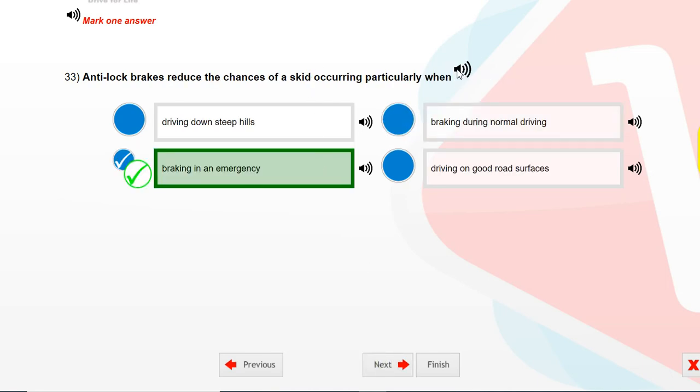Anti-lock brakes reduce the chances of a skid occurring, particularly when. Select one answer. Braking in an emergency.